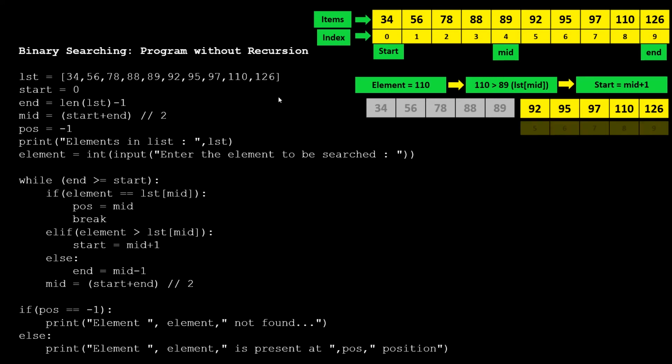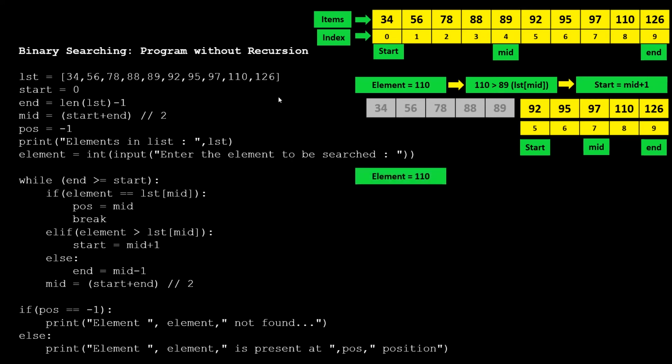In this right half, the start is initialized at the 5th position, that is 4 plus 1, and the value of mid was 4. The end remains the same. A new mid position is calculated, and it is 5 plus 9, that is 14, divided by 2, and that is 7. So mid is placed at 7.